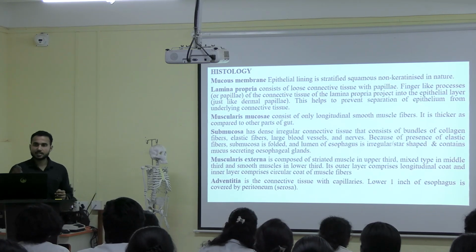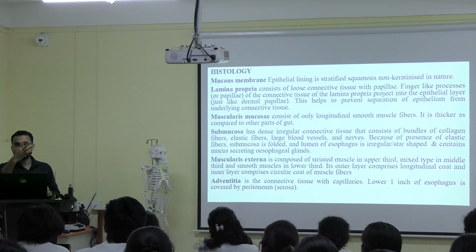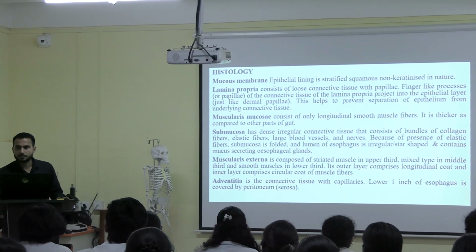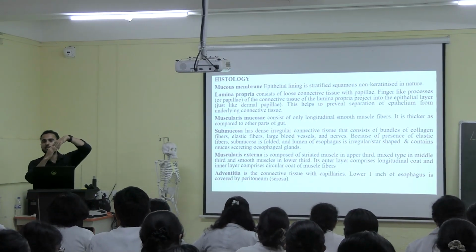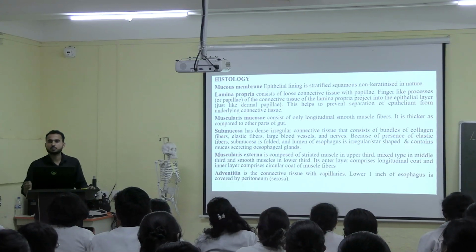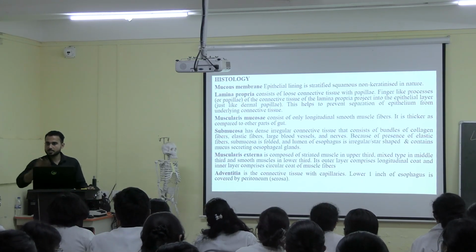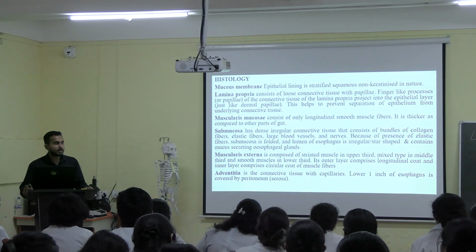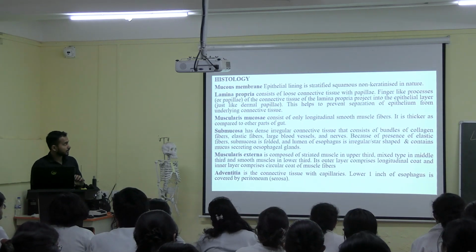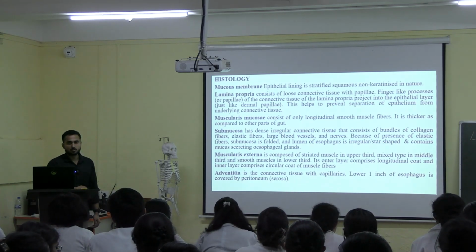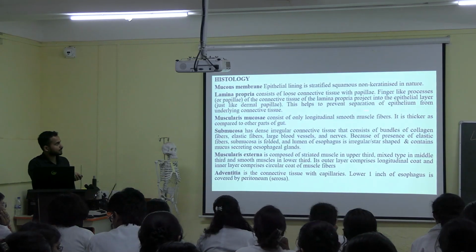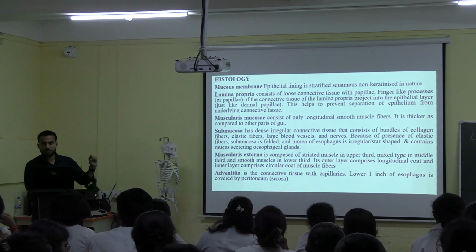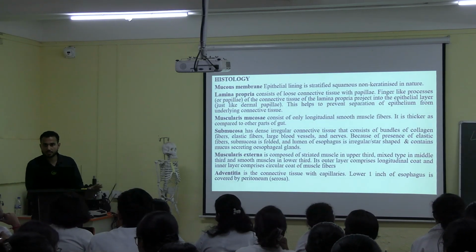So the lamina propria will go inside the epithelium. These finger-like projections will get inside the lining epithelium, and they will hold the lining epithelium so that it cannot be separated. Because continuously whenever we are swallowing something, drinking something, friction is taking place. Due to that friction there may be separation of the layers. That's why this particular papilla is given, which helps in holding the epithelium and prevents its separation from the connective tissue. So this is very important whenever you are writing about the esophagus in practical notebook,